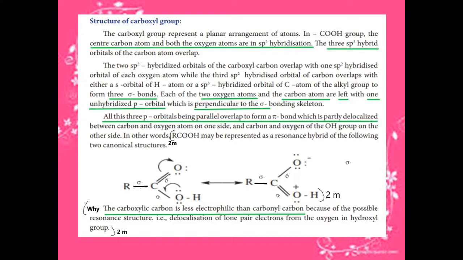Now see the structure. The lower oxygen atom contains 2 lone pairs of electrons. It gives 1 lone pair of electrons to carbon so that it becomes positive. Now see the right hand side structure. The lower oxygen contains positive character. The same way, the upper oxygen gained the 2 electrons from the double bond. Now see the left hand side, that oxygen becomes negative.